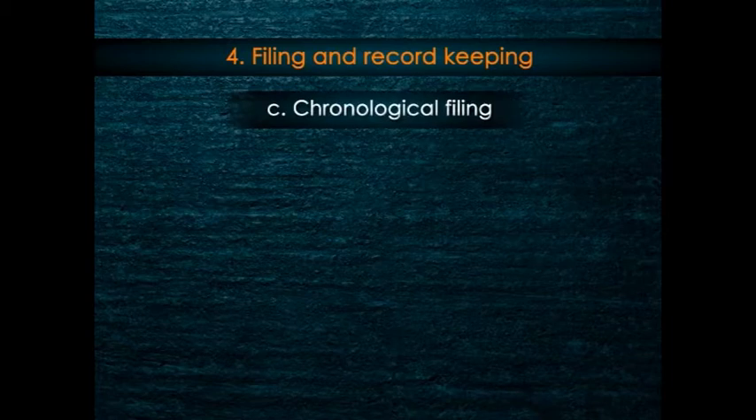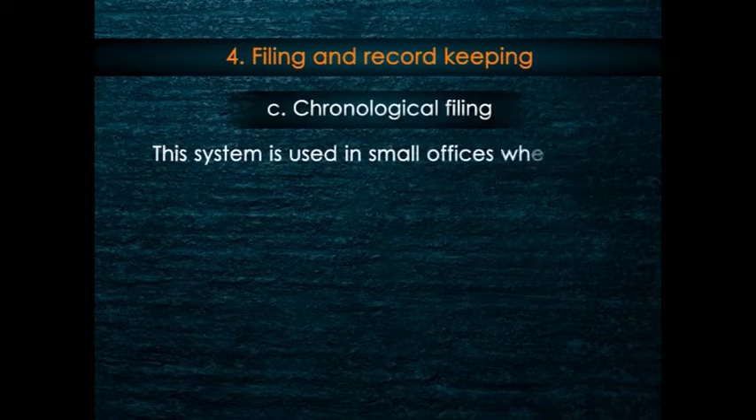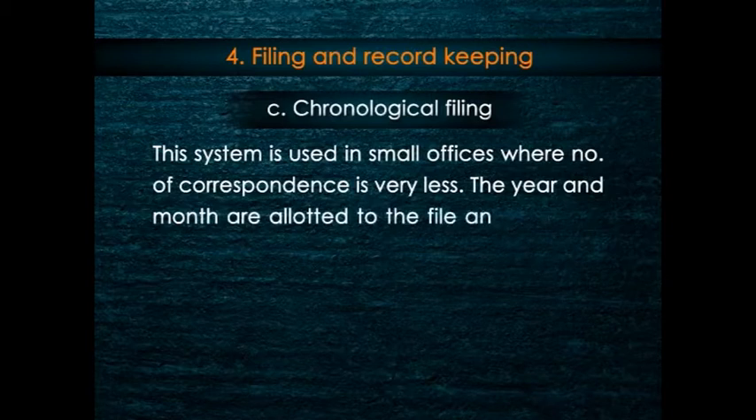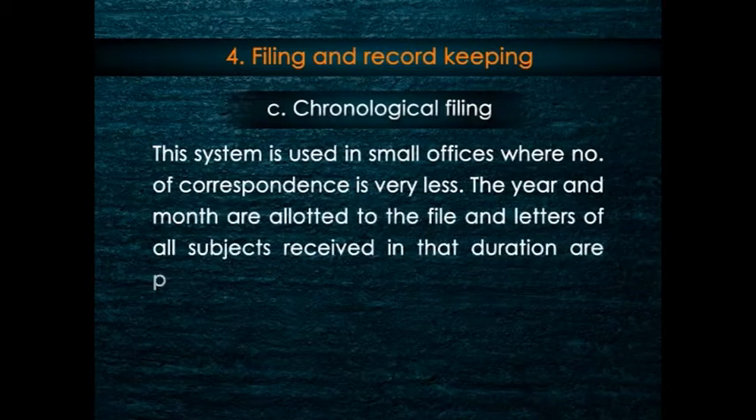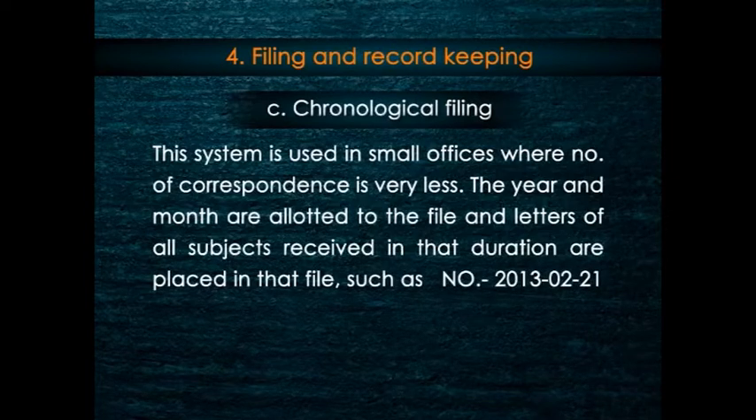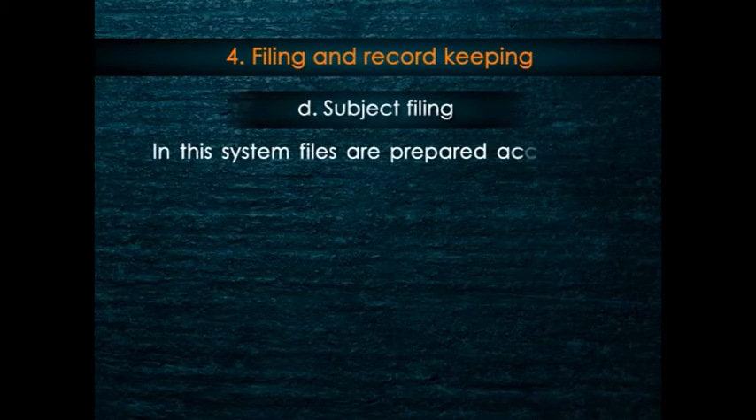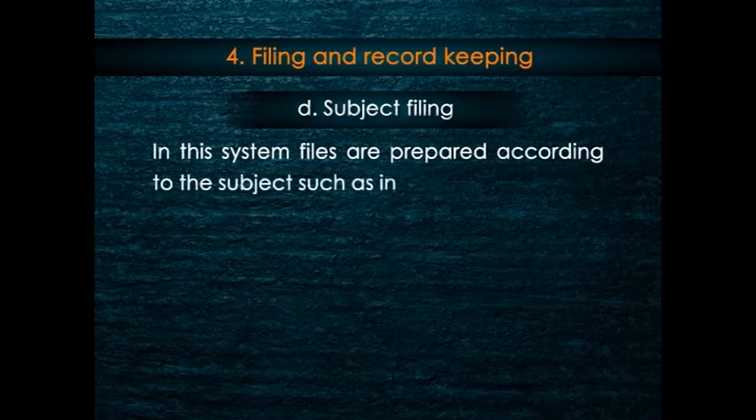C. Chronological filing. This system is used in small offices where the number of correspondence is very small. The year and month are allotted to the file, and letters of all subjects received in that duration are placed in that file, such as 2013-02-21. D. Subject file. In this system, files are prepared according to subjects such as intramural, extramural, and purchase,